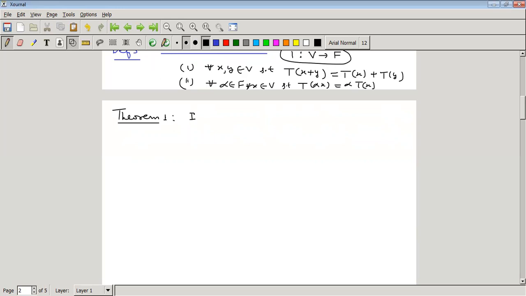Let V and W be two vector spaces over the field F. Prove that